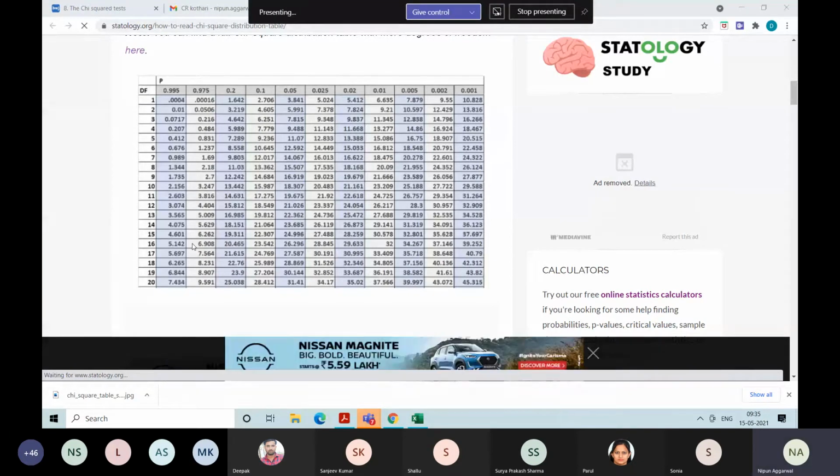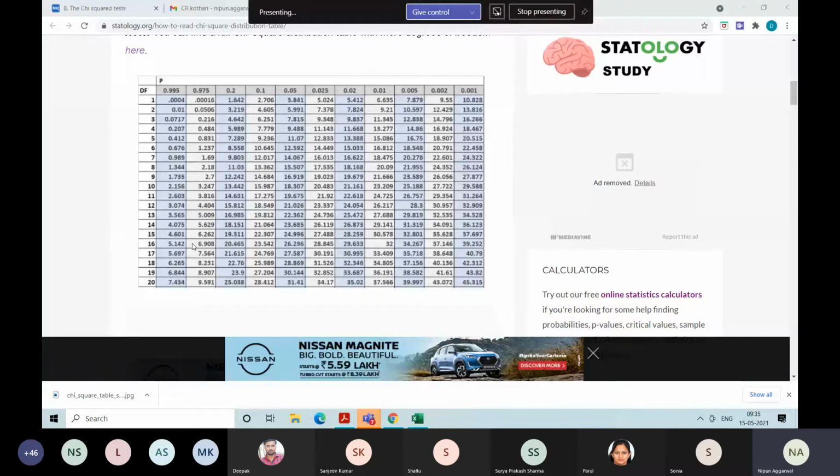Yes, sir. So this is your chi-square table. On the top of the table, it is written as the values of the chi-square. First, you have to check the heading of the table. Don't be in a hurry. See the table so that you can take the T table approach to check the value of chi-square. So check the title of the table. It is written over there: the values of the chi-square.